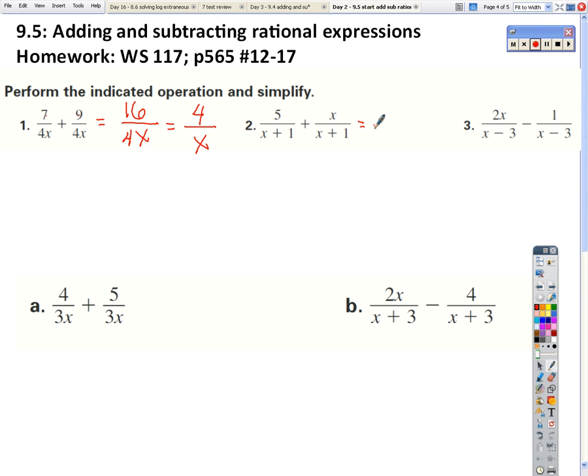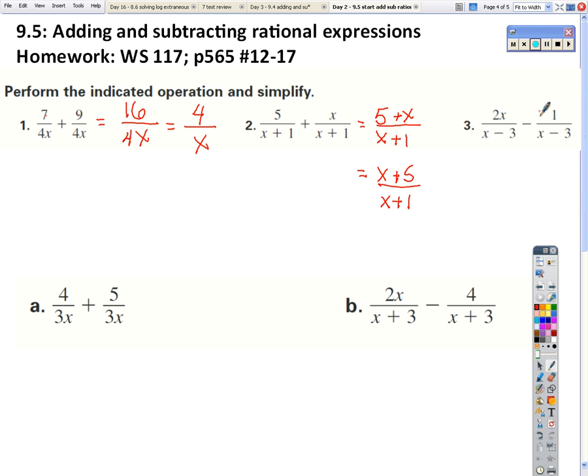Here, my denominators are the same. So I'm going to leave it as x plus 1. My numerator is 5 plus x. You could write that as x plus 5 over x plus 1. They're the same exact rational expression. That's fine. With subtraction,